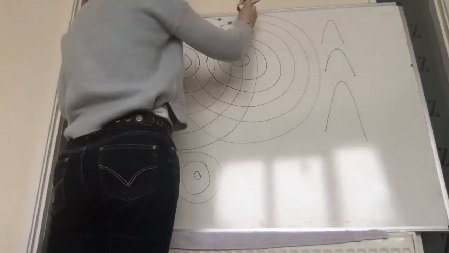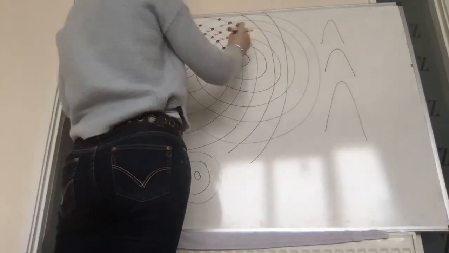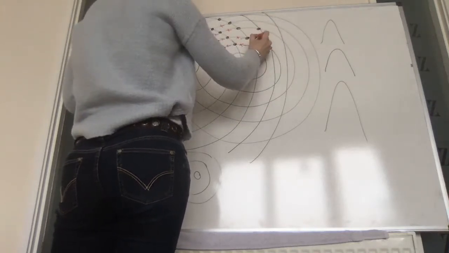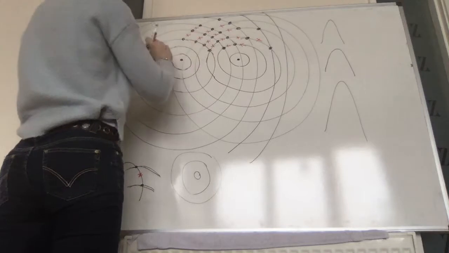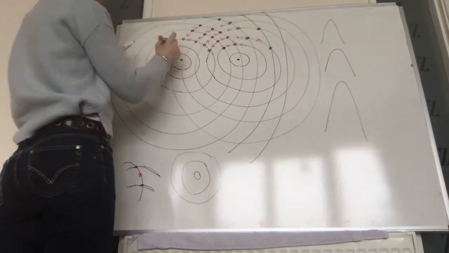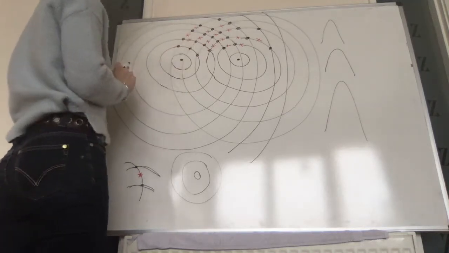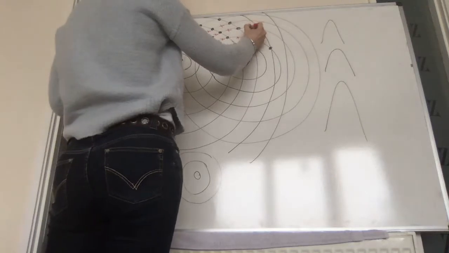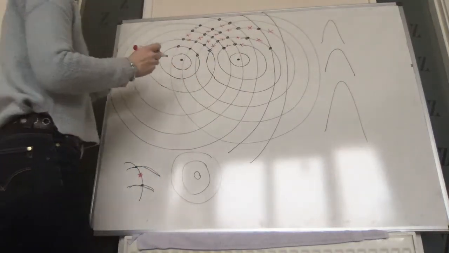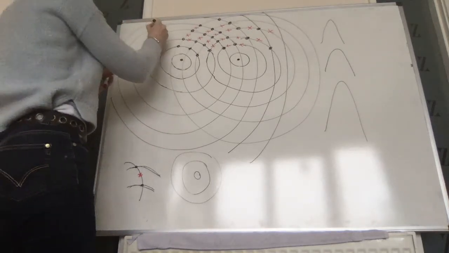We put a few more of these. So that's that wave, a few more of them coming out here. So again, we have peak meets trough. We have peak meets trough. Again, these are peak meets peak. Okay, peak meets trough. Peak meets trough. Okay. Now, if you were to just look along